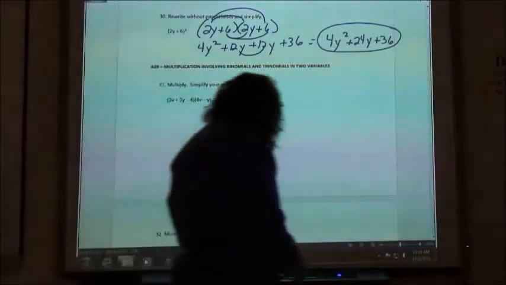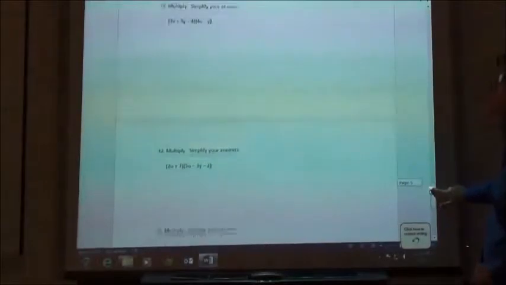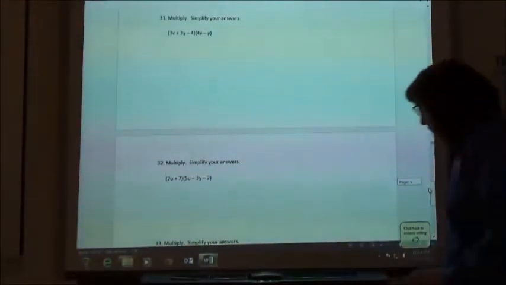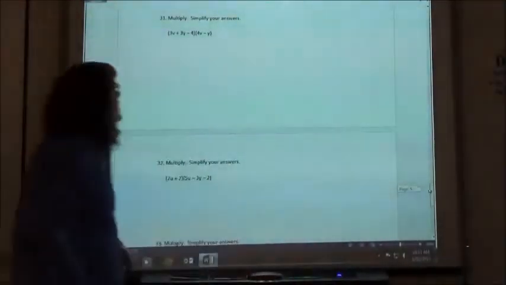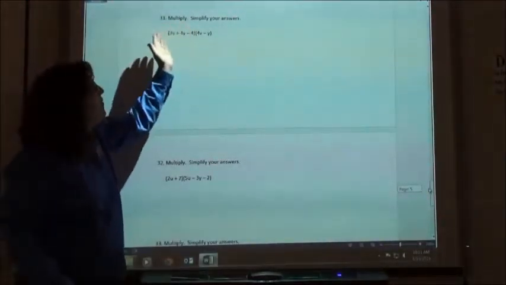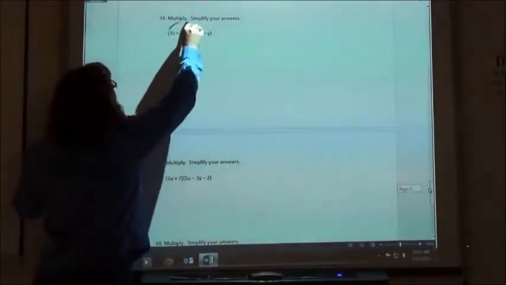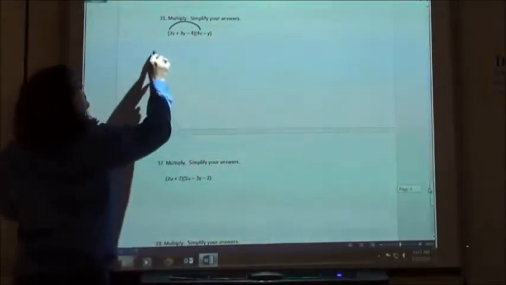And the last three, I think they're the last three anyway, are the ones where you get longer ones where you're multiplying it out. One way is just using your distributive property and being really careful when you're multiplying. And so when I'm going to do this, I'm going to take the 3v times the 4v, which will give